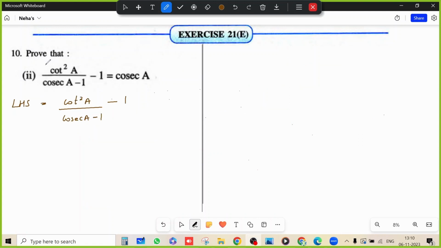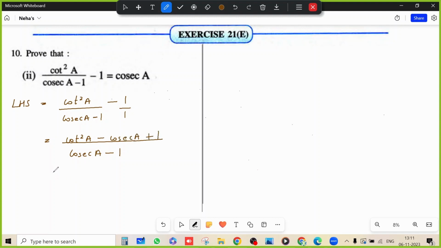The second part of the question is we have to prove that cot square A divided by cosec A minus 1 is equal to cosec A. So we will begin again with the left hand side. Now this can be written as cot square A divided by cosec A minus 1. Here we have taken the LCM of cosec A minus 1 and 1. So the numerator will become cot square A minus cosec A